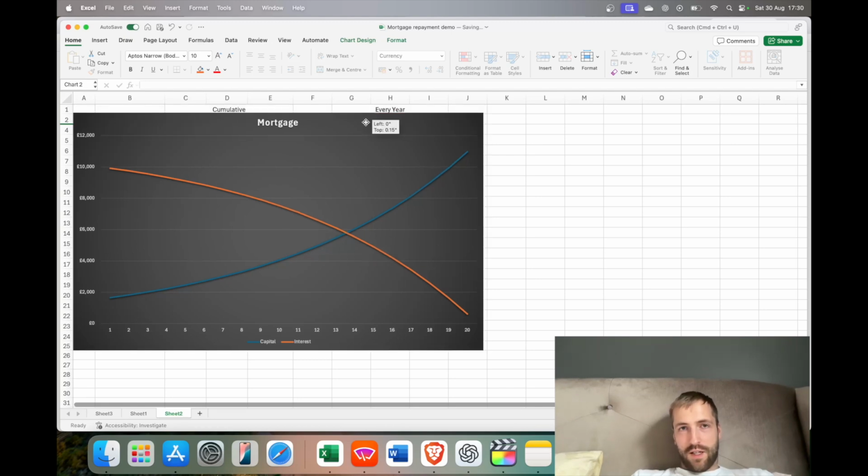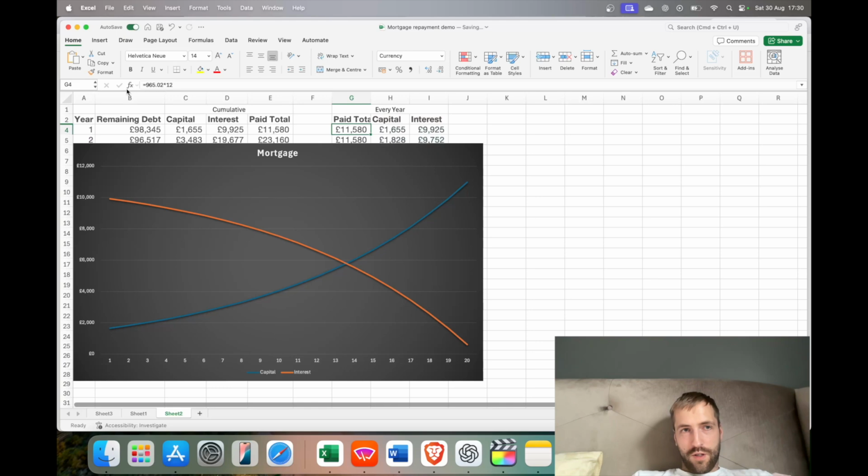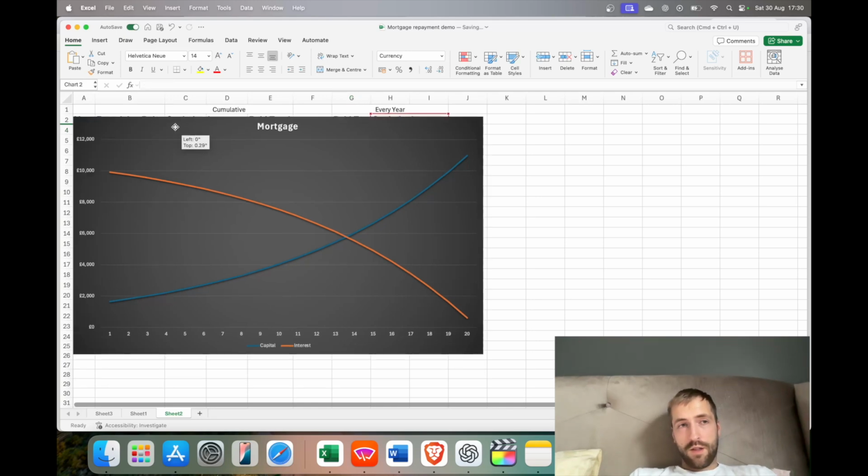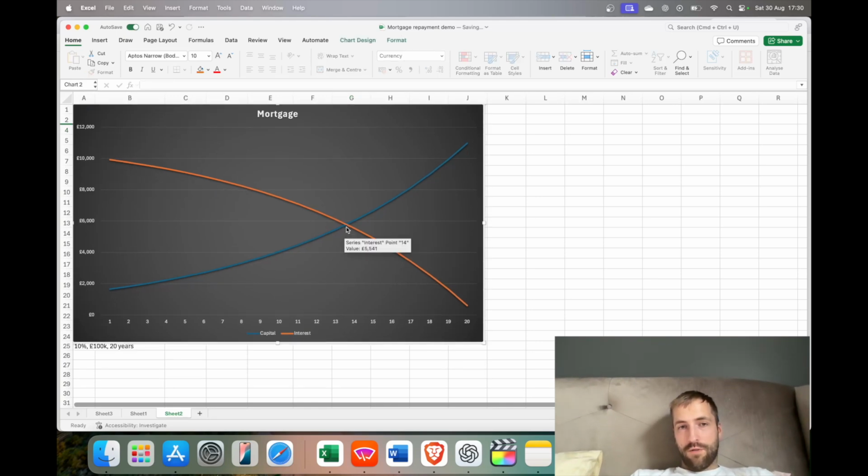So as I said, the monthly payment was £965 a month. So only at year 14, so when you're more than halfway through your mortgage term, you're paying the same. So for £960, about £480 interest, £480 capital, and after that it drops off relatively sharply and the capital increases